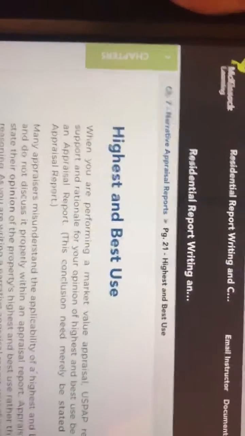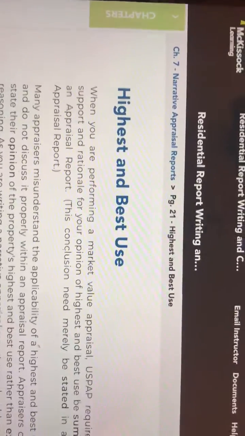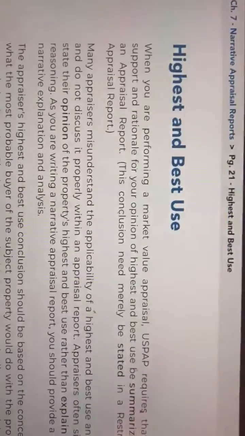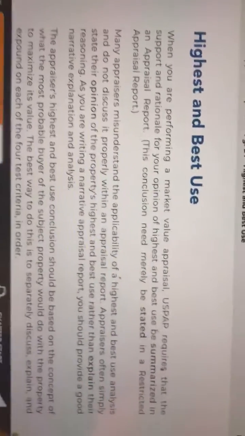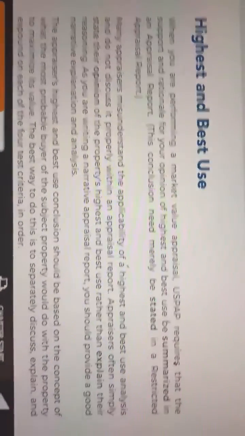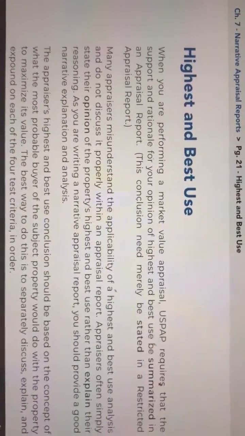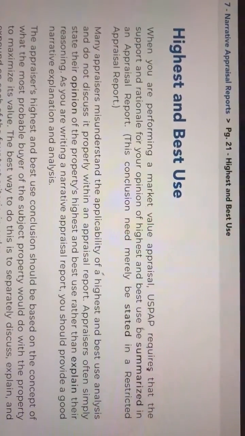Residential Report Writing and Case Studies, Chapter 7, Narrative Appraisal Reports, page 21, Highest and Best Use. When you are performing a market value appraisal, USPAP requires that the support and rationale for your opinion of highest